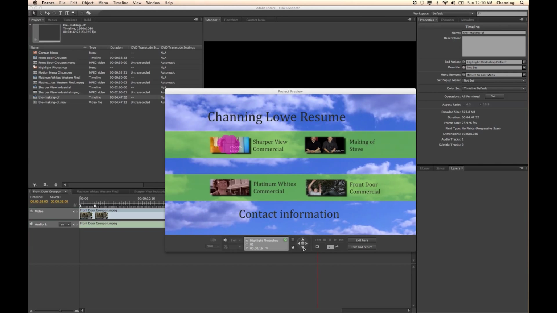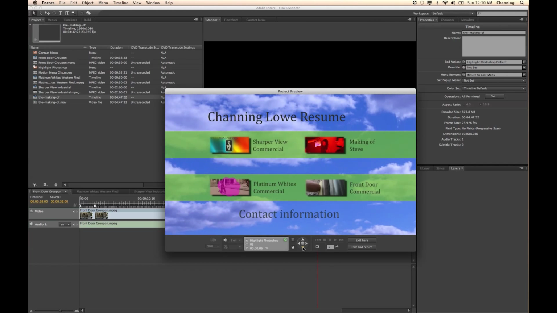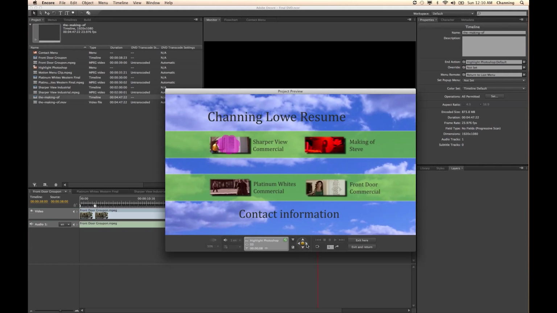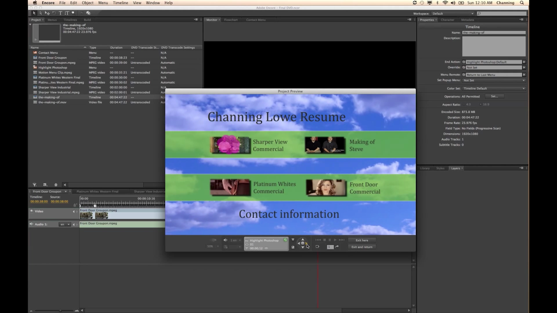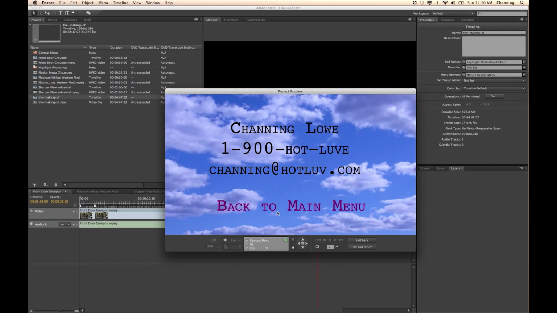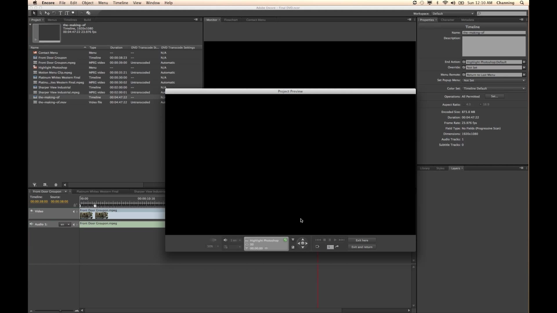Okay, one other thing I want to check here is my contact information. And click on the contact to see if it navigates to the contact information. And it goes to my contact, so now I'm going to click on my back to main menu,